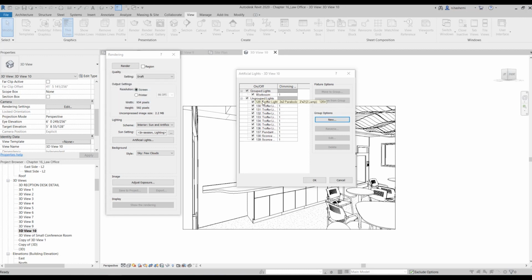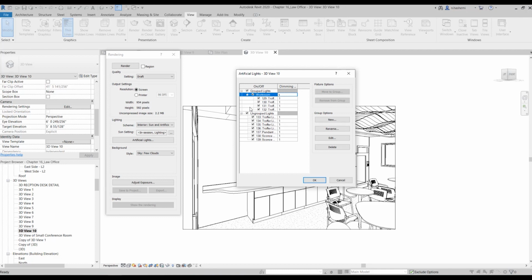Then pick the lights that are related to that group and move them to that group. That helps you, for example, if you want to create an interior rendering and you don't want them to be active or shining in your renderings, then you can turn them off easily by clicking on this group.